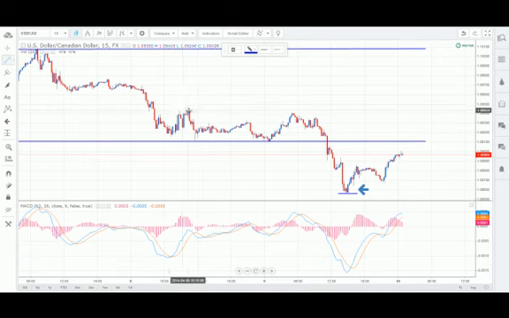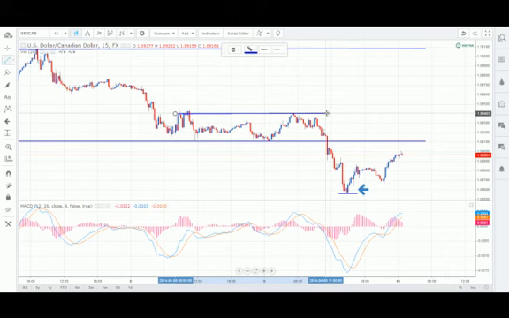Why is this a valid setup? We have a high right here, okay? This level of resistance right here on the 15-minute chart. So we are tracking this level of resistance on the 15-minute chart, and we wait out all this choppiness and narrow range, okay? When price comes all the way up here, we have a MACD crossover at an extreme, and the histogram starts printing to the downside. When this happens, we notice that we have two candles that clearly reject this area of resistance, and we can buy puts on this